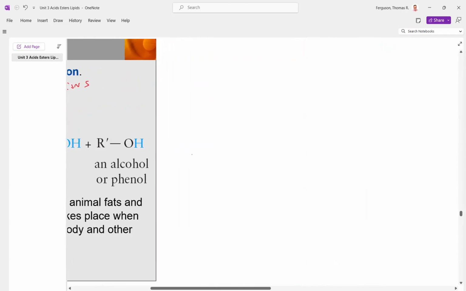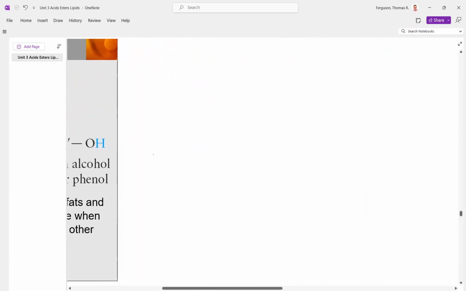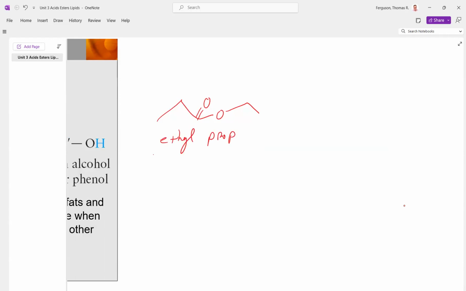So say we start with this, which will be ethyl propanoate. Now, when the pH is low, pH under 7,